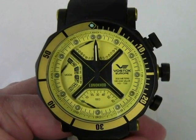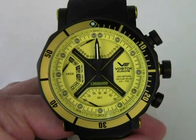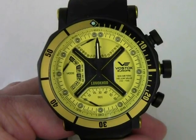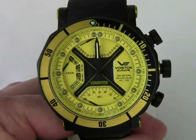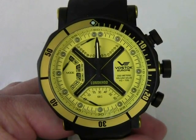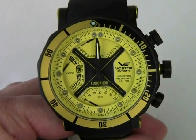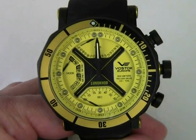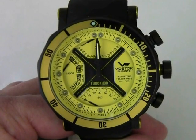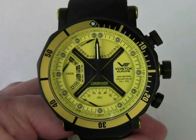Now, what makes this one a little bit different than most chronographs you are going to see, particularly mechanical ones, is this does give you the ability to measure 2 simultaneous events ending at a different time. So let's say, for instance, you want to measure a race between 2 people. You know that one of them is going to win the race, or most likely they're not going to tie. So one person is going to cross the finish line,